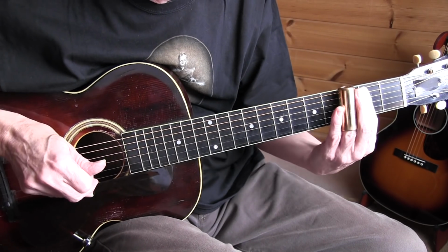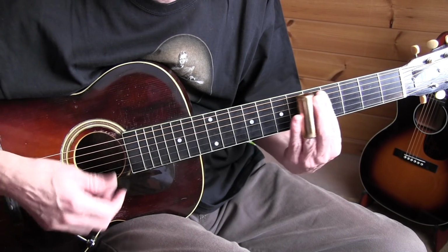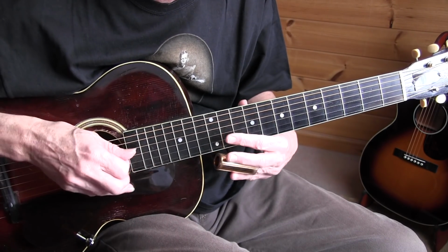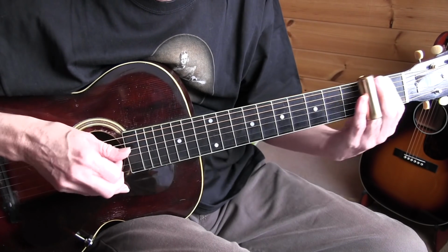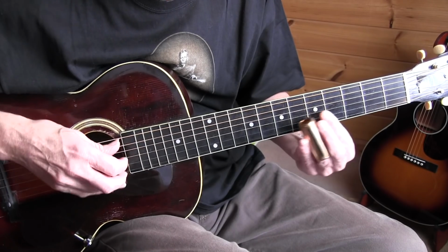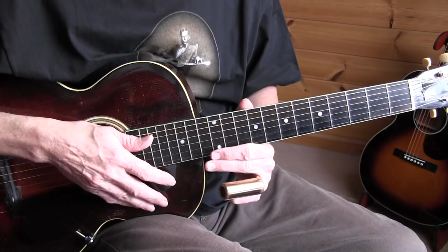So I'm not going to do that, because then you have a C chord and it doesn't match there. Notice the bass. Okay,